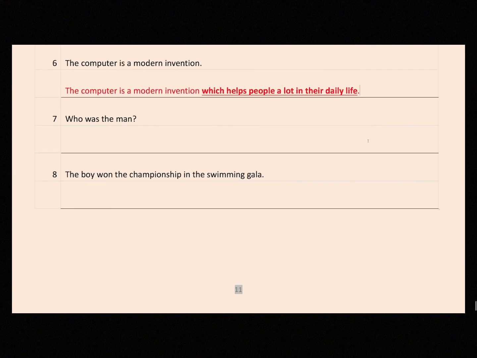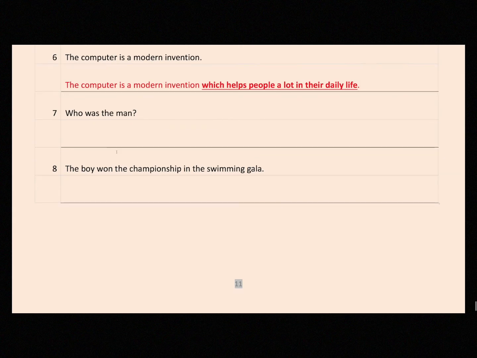Let's also go on to talk about number 7. Number 7 is a question. So where we can extend the meaning, where we can put a relative clause, is after the man. Say for example, who was the man? The sentence was originally in the past tense, so for the relative clause, probably I will also put a past tense. Who was the man? Who, because for a man, we will use who to talk about it. It's a person. So who was the man who followed